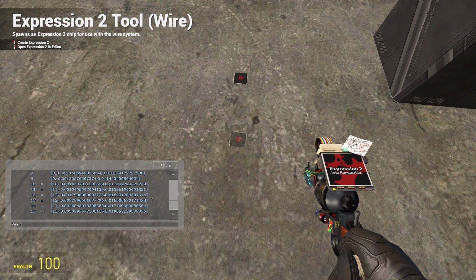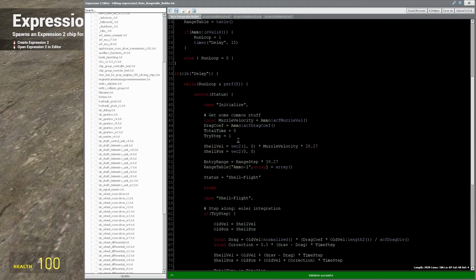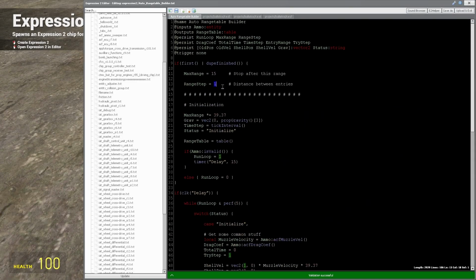So immediately you'll see that our entries are cleaned up. So 1, 2, 3, 4, all the way to 15, right? And you can see we have much finer information now. So we're not just using the data points. We're actually using interpolated data points. So if I were to put this to something more sensible, like okay, range step of 200 out to 2 kilometers,